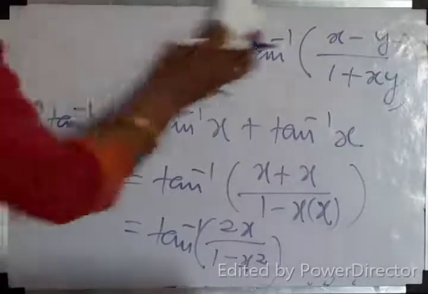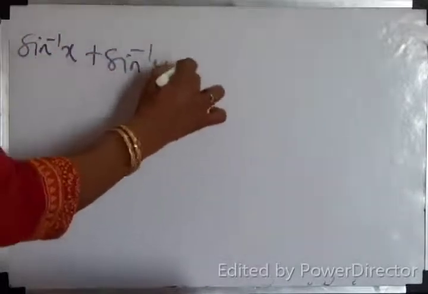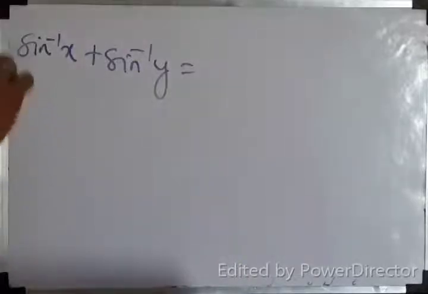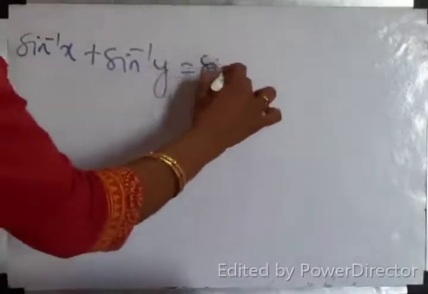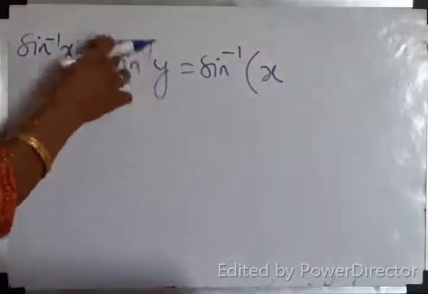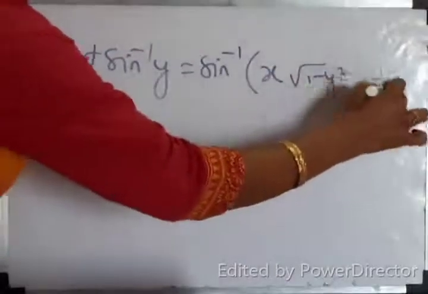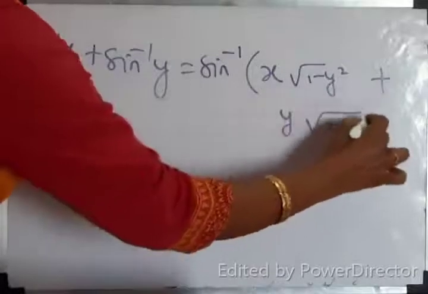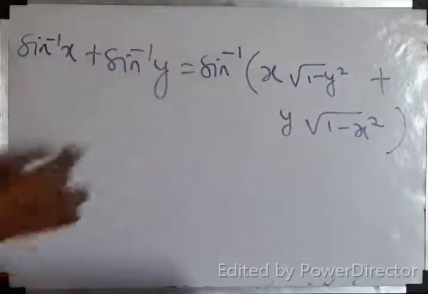Then I have one more formula in this. Sin inverse x plus sin inverse y. The same idea. Sin A cos B plus cos A sin B. Sin A plus B. Same idea. So you can memorize the formula: sin inverse of x into, converting in terms of cos inverse, what will you write? Root of 1 minus y square, plus y into root of 1 minus x square. That's all. Sin A cos B plus cos A sin B.